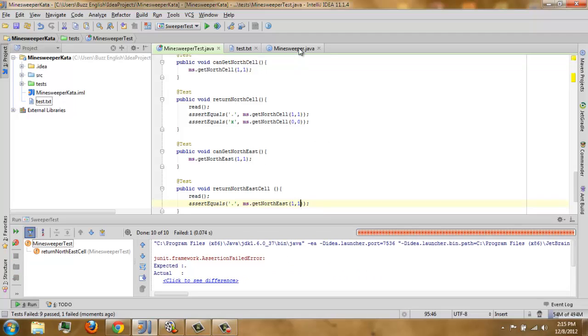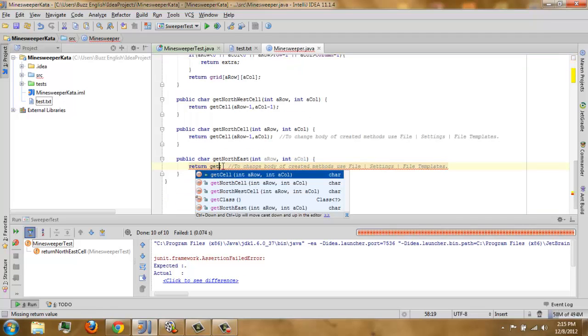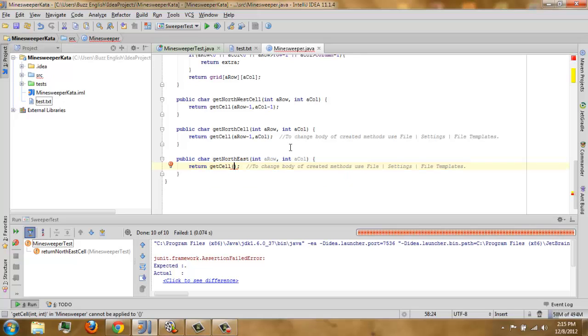Oh, error again. This is such a boring error. No, it's not. It's the first time we got that error. So what are we going to do with the northeast? We'll subtract 1 from our row, and for our column we have to add 1.